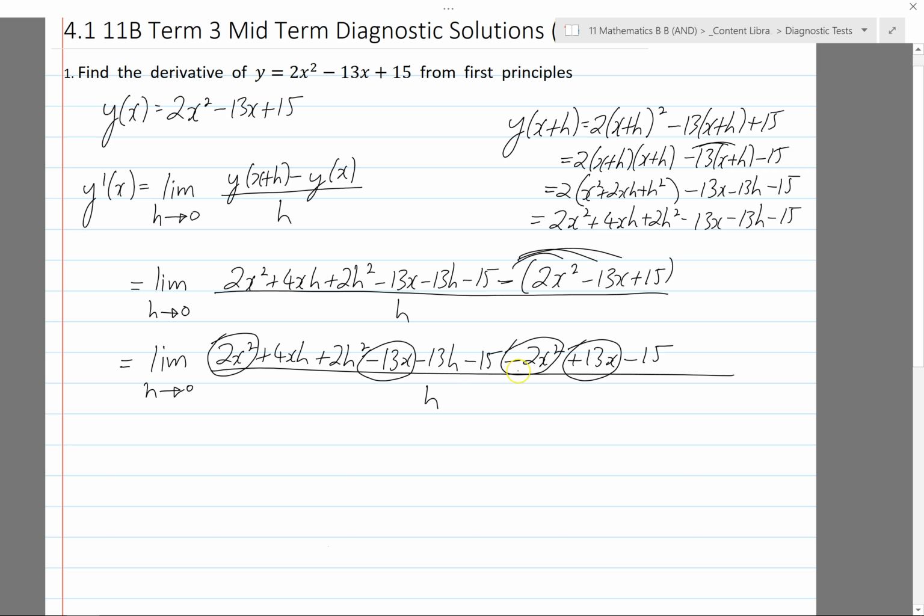So I've got these minus 15 and minus 15, so it normally indicates I made an error. I'll have a look back at my y of x plus h expansion, and I changed that plus to a minus for some reason. So all of those should be pluses, and it should be pluses in there, and these two will cancel. So I'm left with,